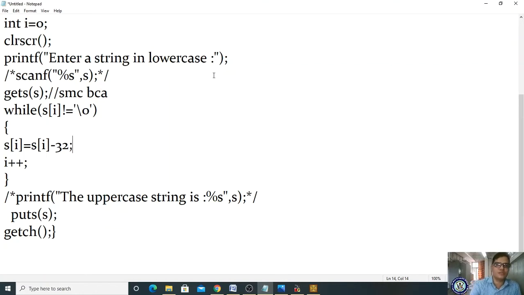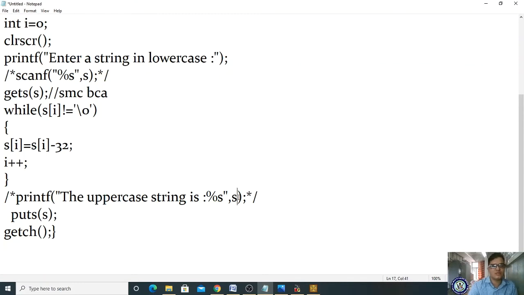For example, let us see here. What is the value of small a? The value is 97. 97 minus 32 is 65. So when you do this arithmetic and store 65 in s of i, then while displaying the string, it will print as an uppercase character.